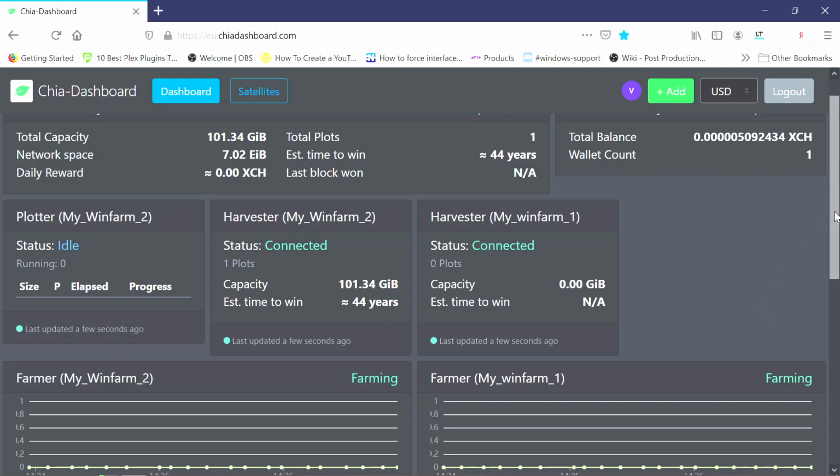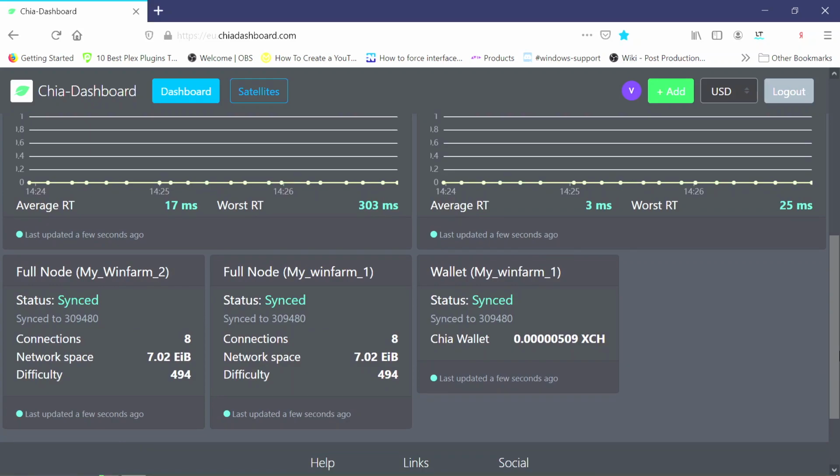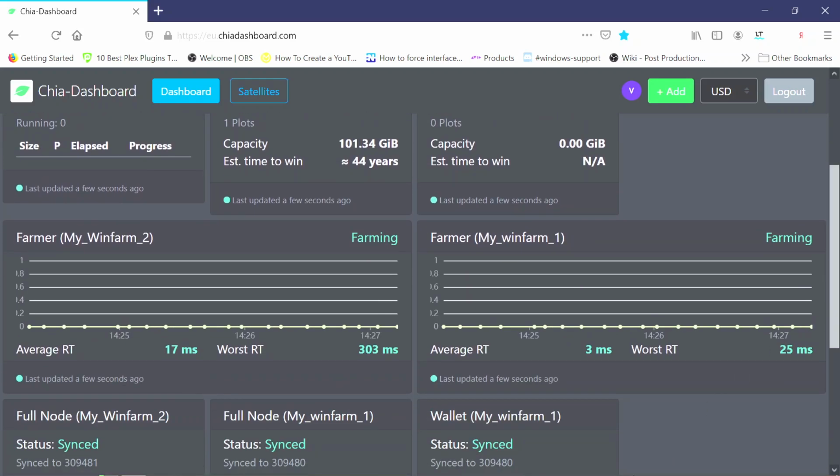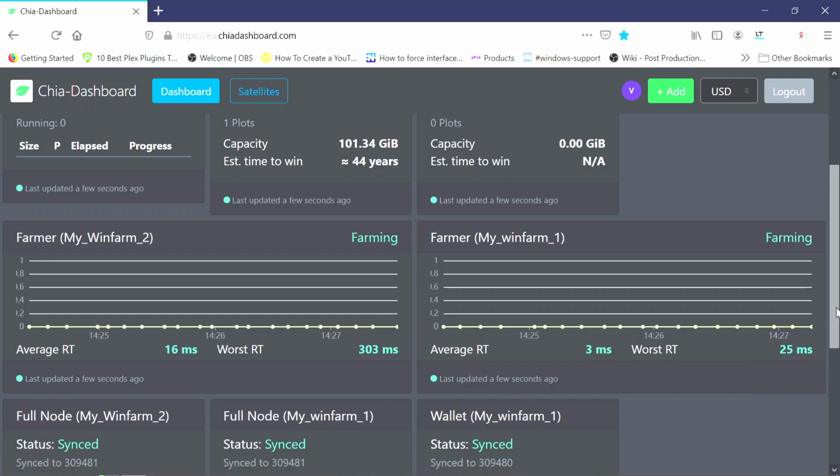Yeah, today we are running the two farms on two different network segments, one on the virtual network and one on the VPN, and you can see we managed to get our response times down. And at the moment we are just in the process of copying a plot file from one machine to the other,